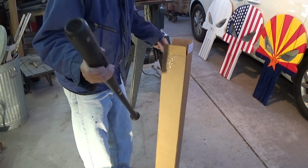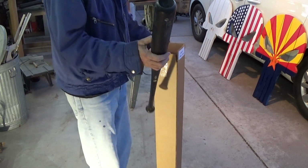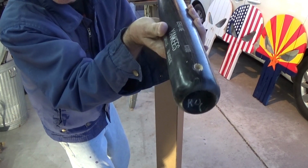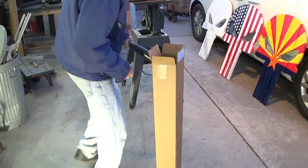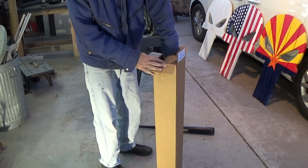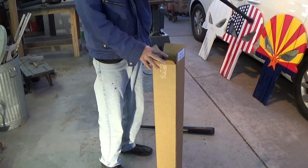If you ever decide to order a bench, every bat is labeled. I label them the same. I have R4, kind of right. It's hard to see, but it's in there. You'll be able to see a couple of them. But I'm going to assemble here R4, R3, R2, and R1, and that's because of the right hand bats and baseballs. This one is R1,